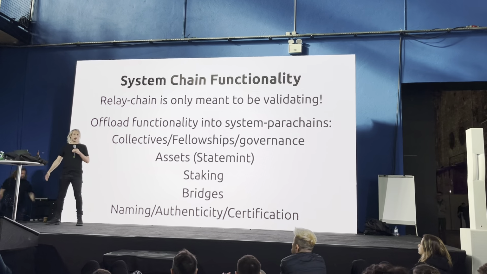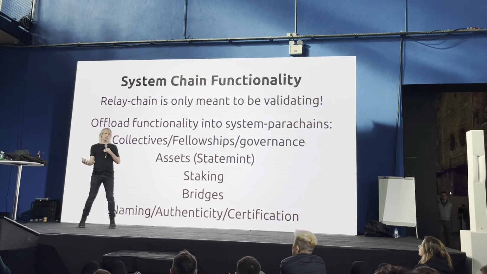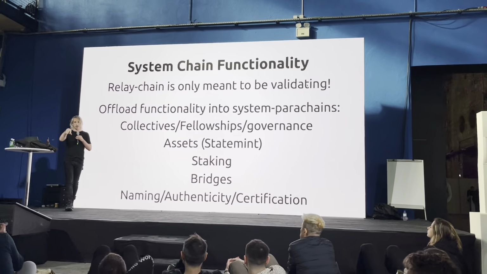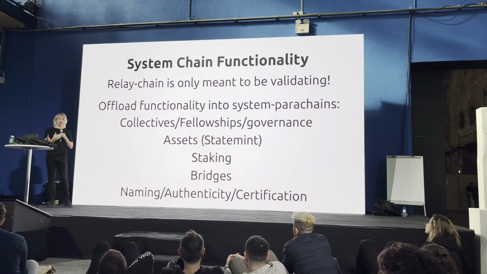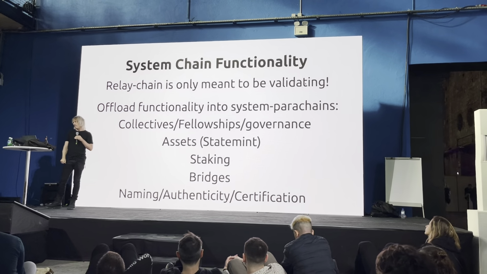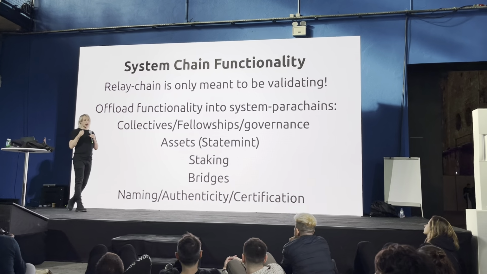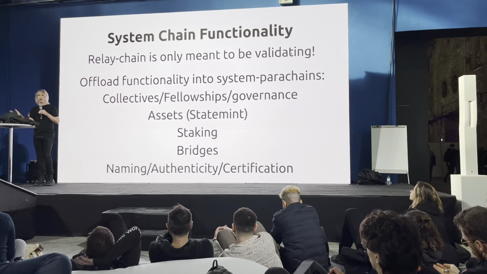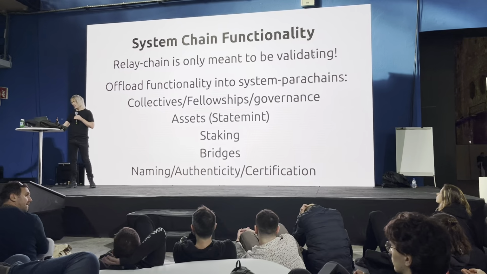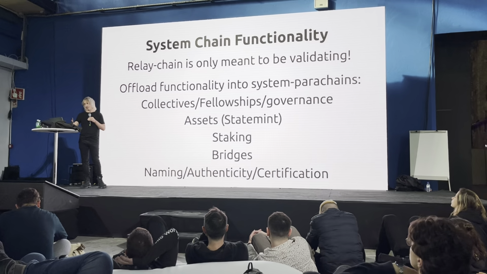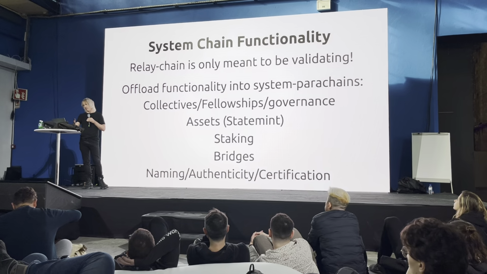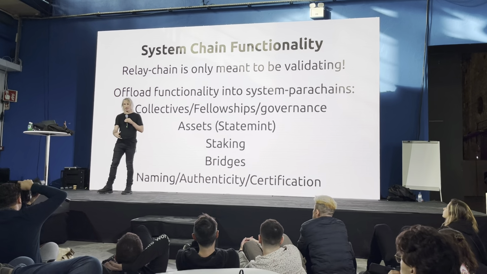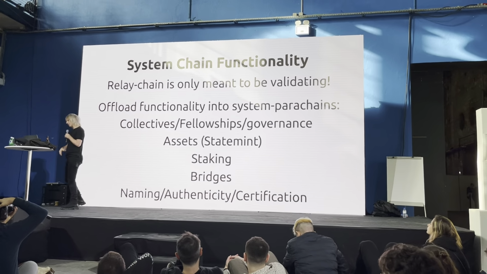But, bridges, that was something that we could have rolled out sooner and rolled out directly to the relay chain, but instead we held off a bit in order to actually get it into the parachain from the get-go, because moving it would be an absolute pain. There is already a collectives system chain. And governance will slowly be migrated onto there, as well as some of the fellowships. Staking is an interesting one, but we're already starting to think about what's necessary for that to happen.